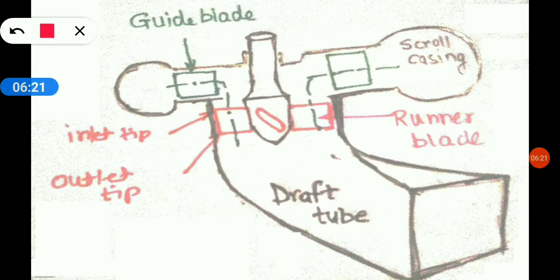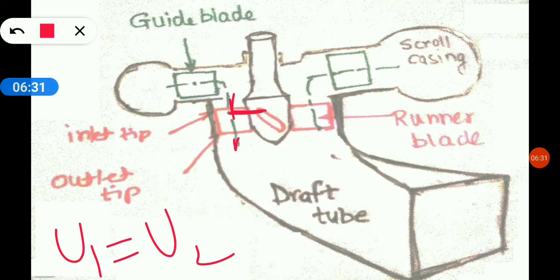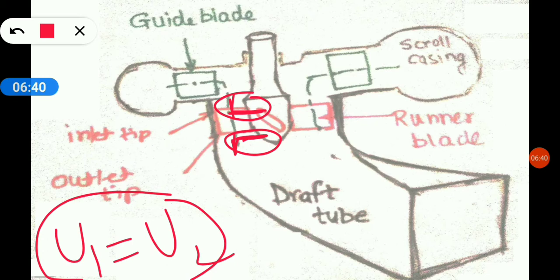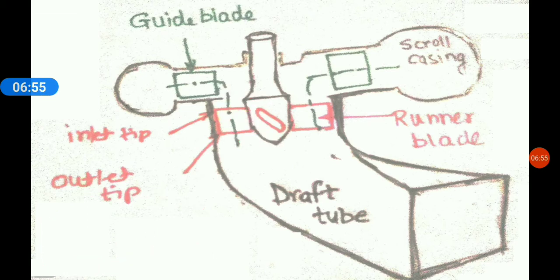And why are U1 and U2 same? Because if you take this section, at this section is the inlet radius, and at this section it is the exit, so here also the radius, so R1 and R2 are same, and that's why U1 and U2 are same. So the reaction force which we were getting in Francis turbine because of change in the radius, that we are not getting here. Fine. So here we are getting reaction force only because of relative velocity. By default impulse force is present. Fine. So this was all about runner blade.